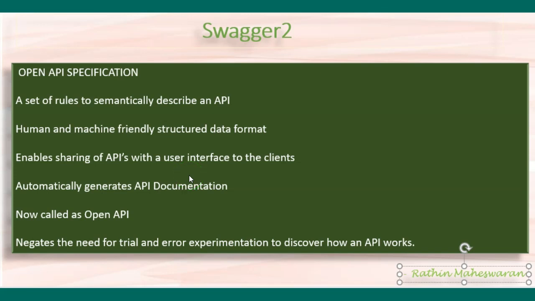Initially, the model for describing it was called Swagger, but then at some point Swagger became less tied to a specific company and became part of a vendor-neutral open standard, and they changed the name to Open API. So now Swagger really is a tool that supports the Open API specification.